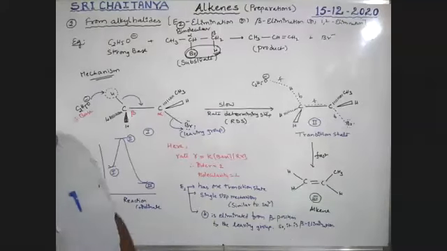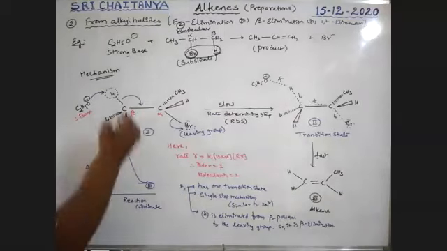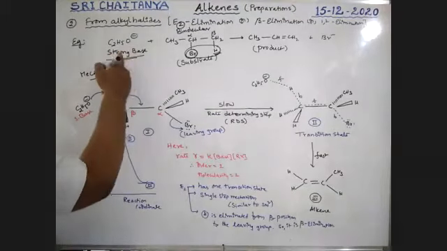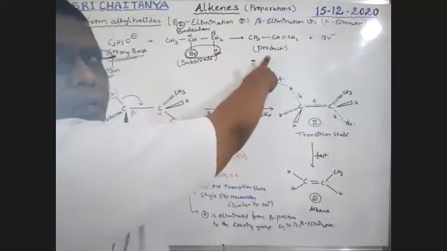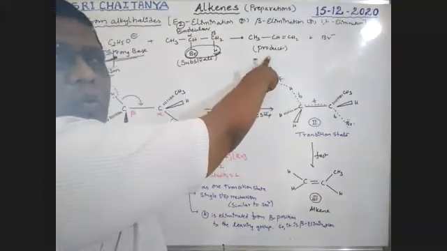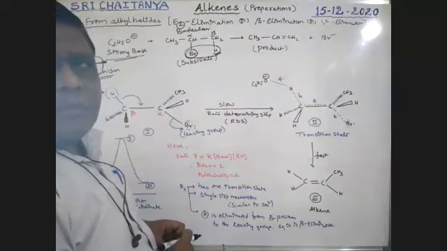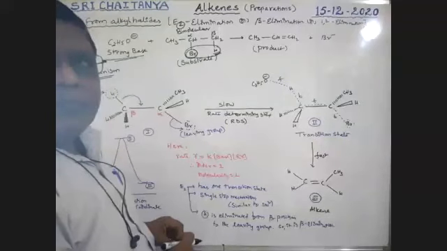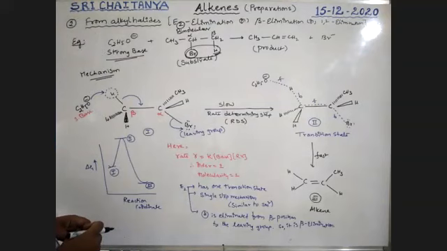Here beta elimination takes place. For this purpose, strong bases are required, boys, so that is why I am using a strong base. When a strong base reacts with an alkyl halide, the alkene is the product. E2 elimination, bimolecular elimination, takes place. Beta elimination means hydrogen is eliminated from the beta position of the leaving group. So let us discuss the mechanism of this reaction.